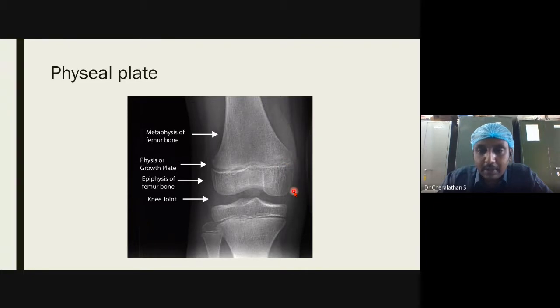Now what we do in hemiepiphysiodesis, we apply a device like this. This looks like a stapler, right? We put a pin. We don't damage the periosteum here and we don't touch the physeal plate. We just put a pin on the medial side which catches this part and this part. Otherwise, it tethers the metaphysis with the epiphysis. Now what happens? Growth cannot occur here at the normal rate, whereas whatever growth is left, whatever height potential the patient has, that will happen on the lateral side. Slowly the deformity will get corrected. Are you able to understand this?